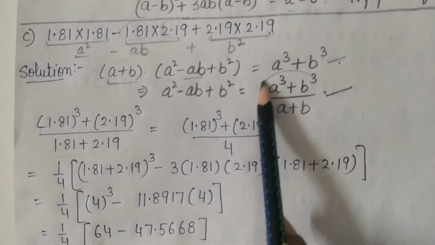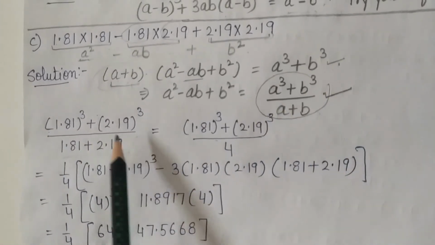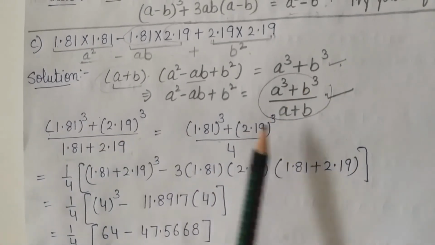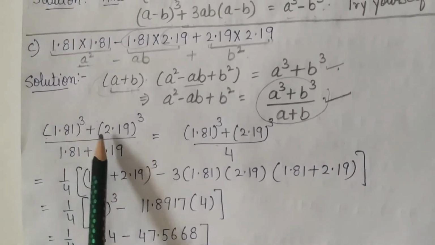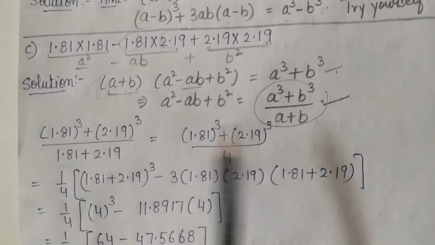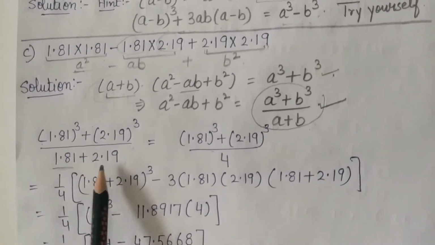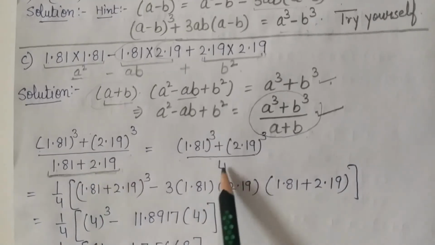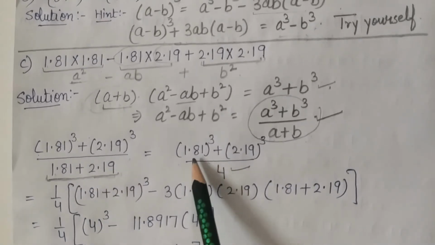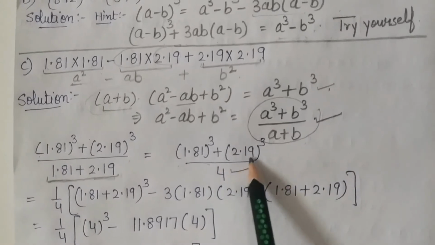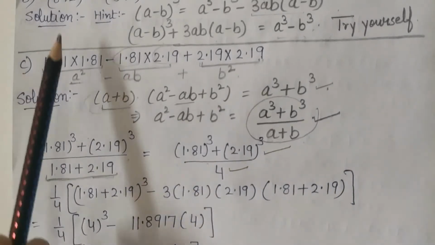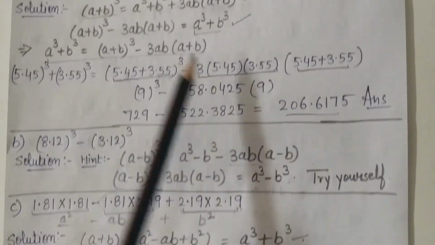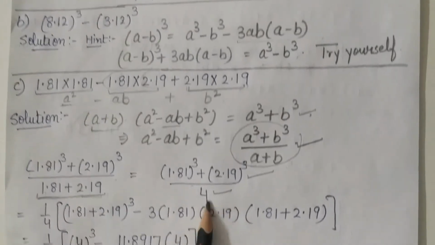So in this formula just you have to put the values. A value is 1.81 and b value is 2.19. So put it, it's 1.81 of cube plus 2.19 of cube over a plus b. A value is this one and b value is this one, add these two numbers, we got 4. So upper side 1.81 of cube plus 2.19 cube becomes like your previous question. Is that clear? So upper side आपको इसके तरह solve करना है और down side आपका 4 आंसर आ ही गया है.